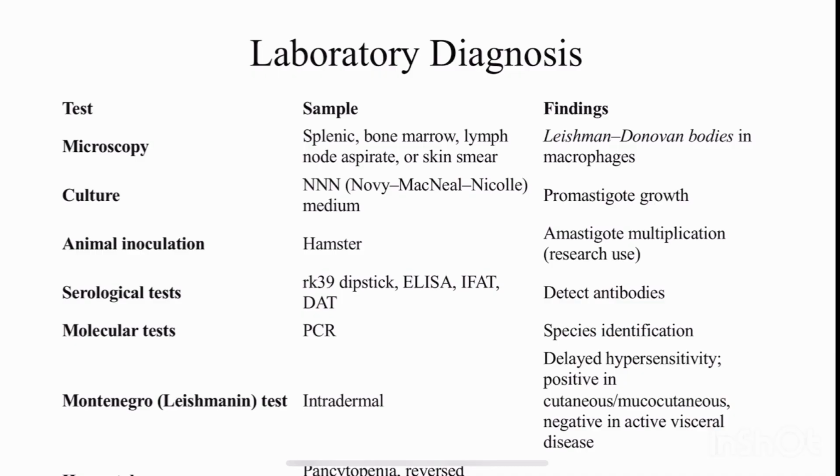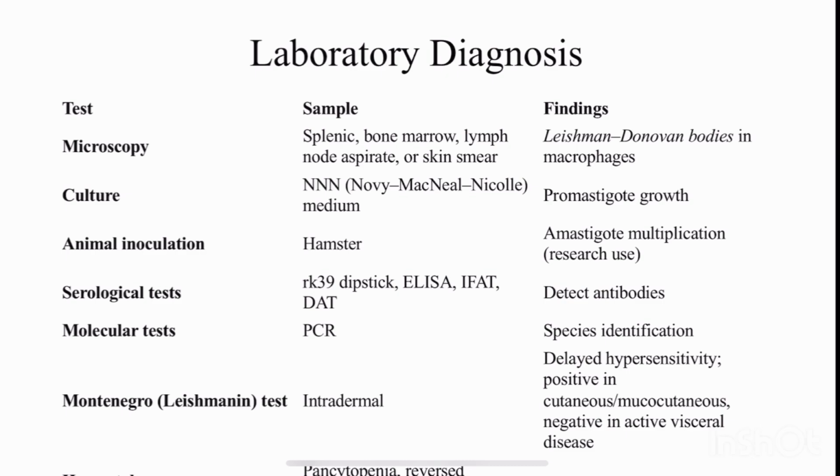Okay, suppose a patient comes to you with a history of more than 2 weeks of fever, progressive weight loss, malaise, and some amount of hyperpigmentation. First of all, we will take the sample. We can do microscopy, and for the microscopy we can have samples from various spots. So, splenic aspiration is the most specific sample that we will receive, but it is risky, because splenic aspiration can lead to hemorrhage in the spleen,